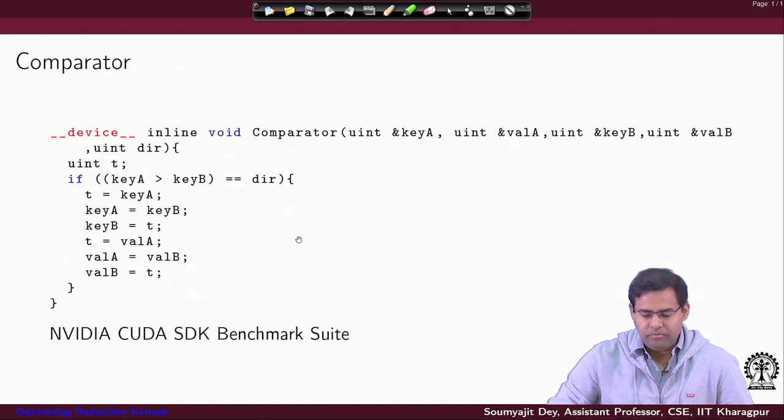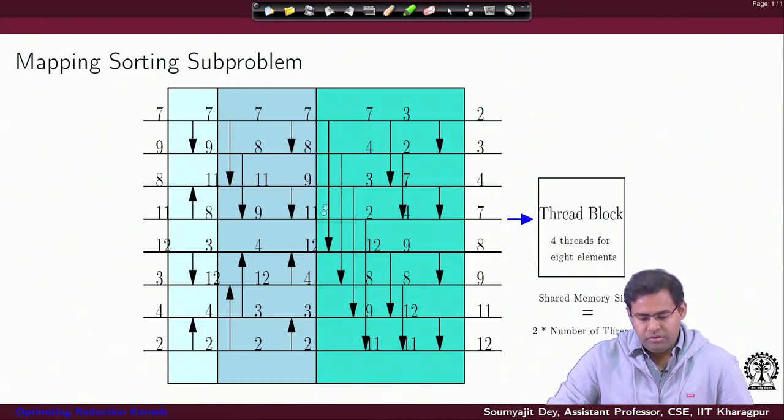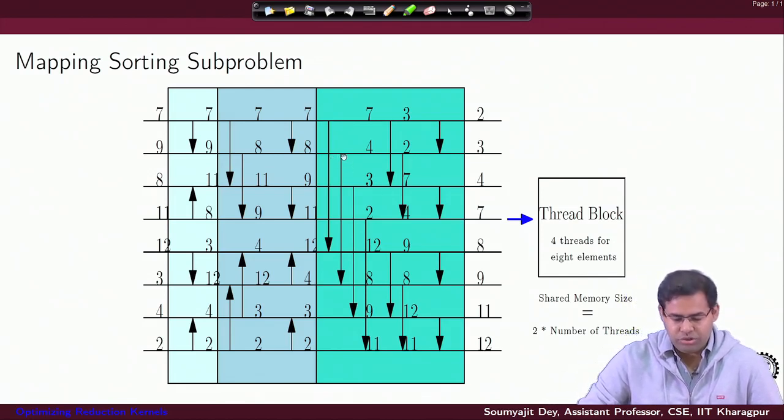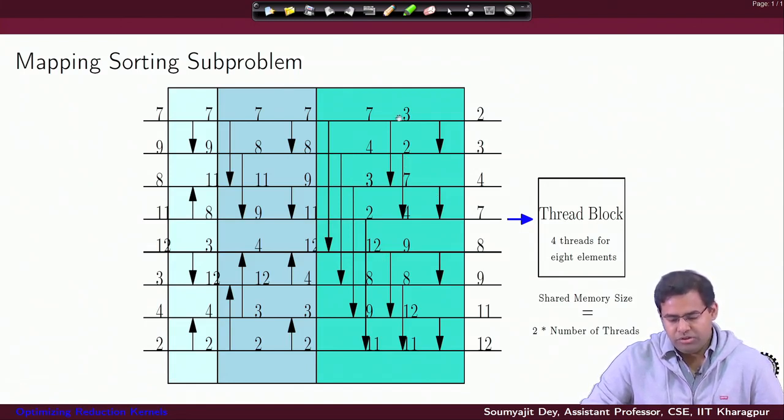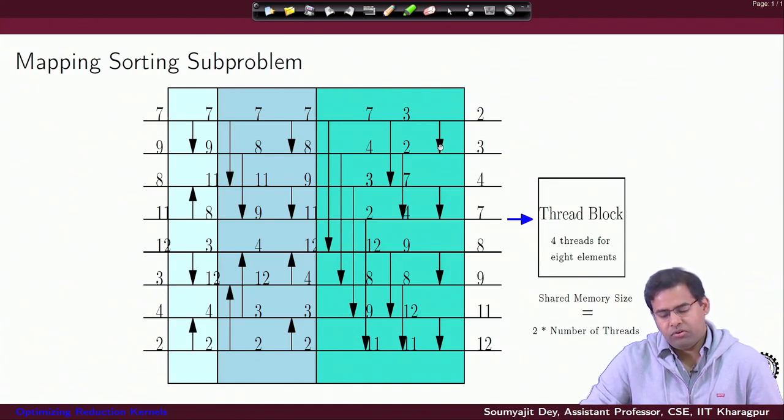Essentially, the position index computes the location at which the threads will be doing the comparisons. For thread 2 the locations would be here, this and this, like that. In that way, for each of the threads the positions would be computed, and with different strides the comparisons would happen. Thread 1 would have these 3 operations, similarly 3 comparisons for each of the threads, and finally when the loop iteration ends for all the threads, I would have this value in the shared memory, which now will be written back, 2 values per thread, to the global memory.